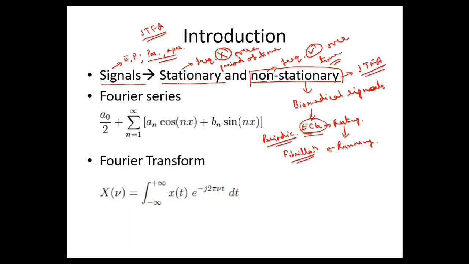Okay. Now coming to the next topic, Fourier series: we have discussed previously that in the Fourier series, any periodic signal can be represented by adding a series of sinusoids and a DC component. The Fourier transform is an extension of the Fourier series, and we have seen over here that the Fourier transform says that any signal can be represented with a combination of sinusoids.